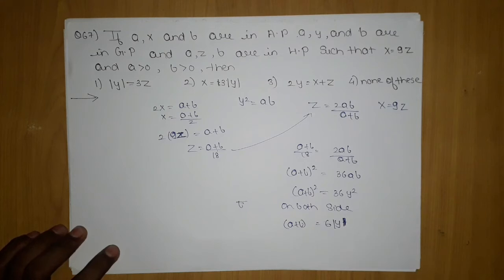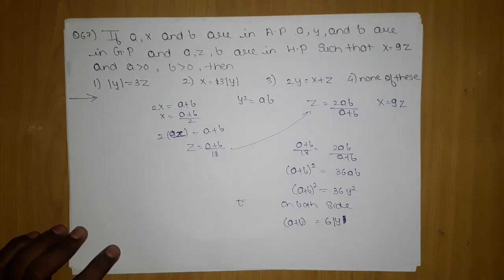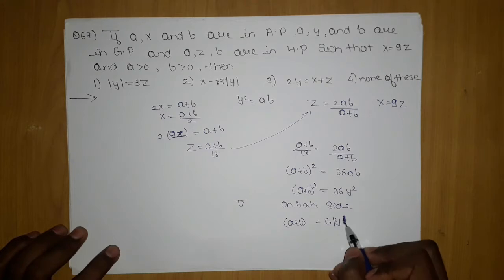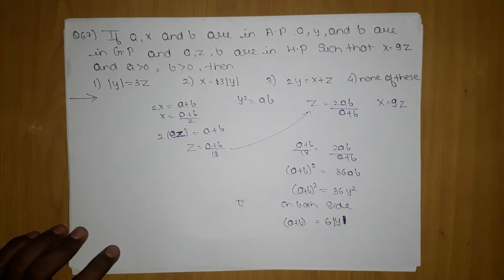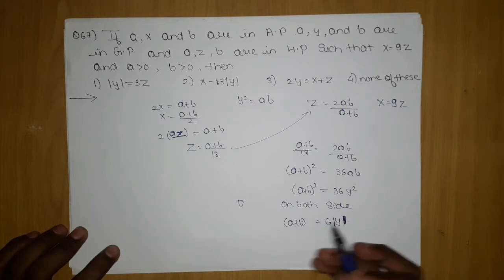Remember, when you take under root of y square, it is never just y. Only when it is a perfect square number is it y. When it is y square, it becomes mod y. That is the function concept. You will also study the graph of the y square modulus function in the function chapter, in more depth, which is curve sketching. The inversion of the graph from the negative axis to the positive axis, because the basic modulus function always makes the function positive. So the thing here is that we got a modulus y.